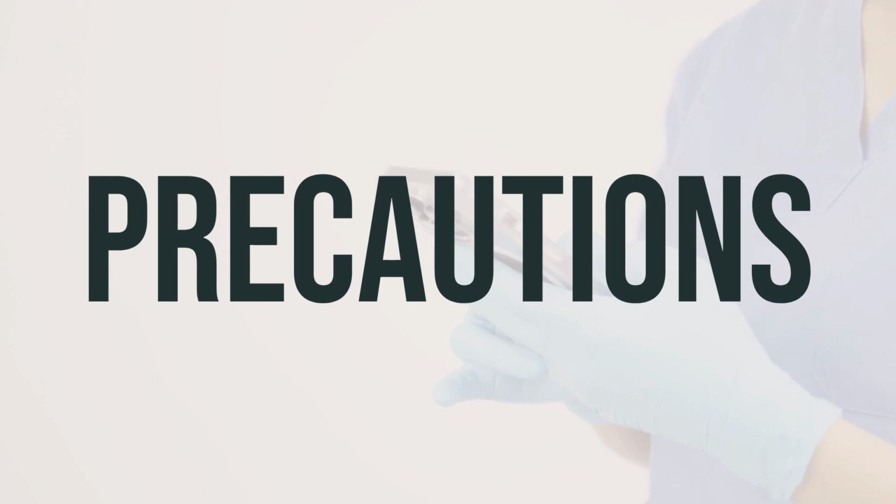Before giving children's aspirin tablet, chewable, to your child, make sure to talk to your doctor or pharmacist if they have any allergies, bleeding disorders, kidney or liver disease, stomach problems, asthma, nasal polyps, gout, or enzyme deficiencies. Also, limit alcohol and tobacco use, especially when combined with this product, as it may increase the risk of stomach